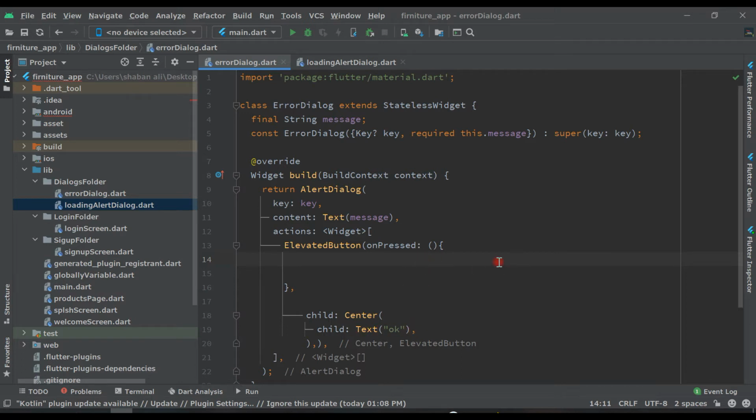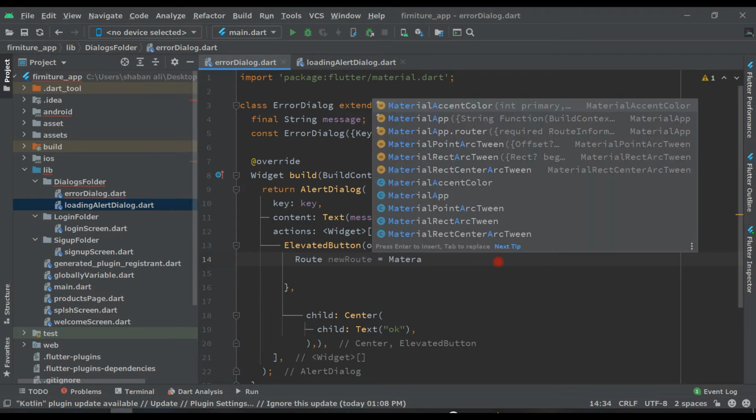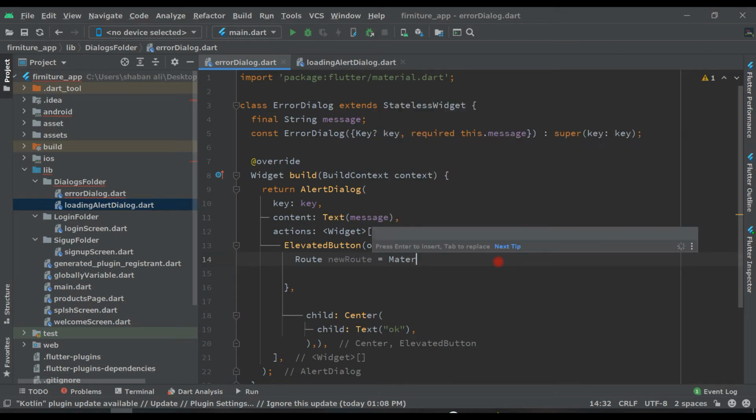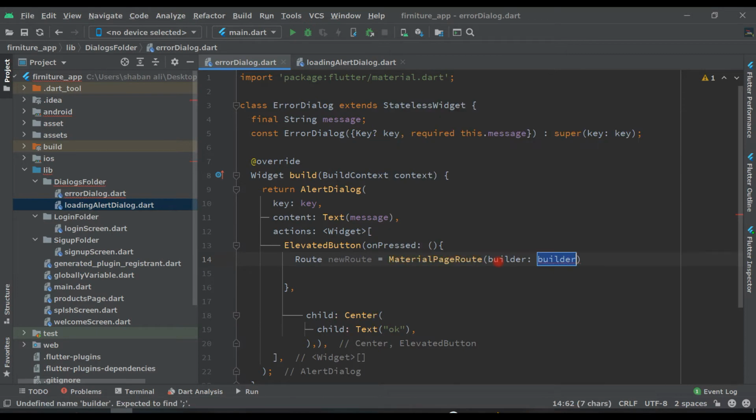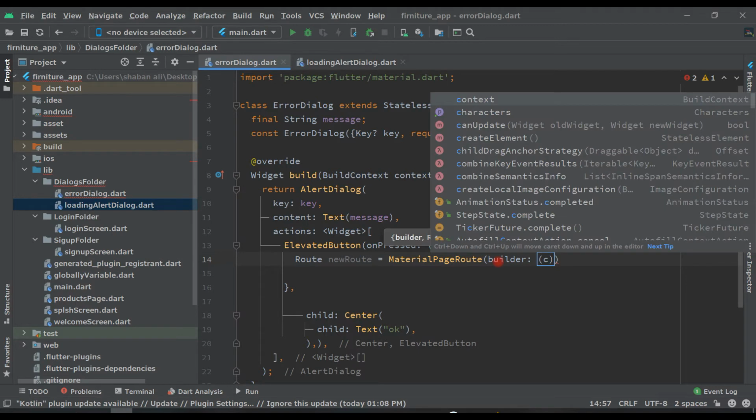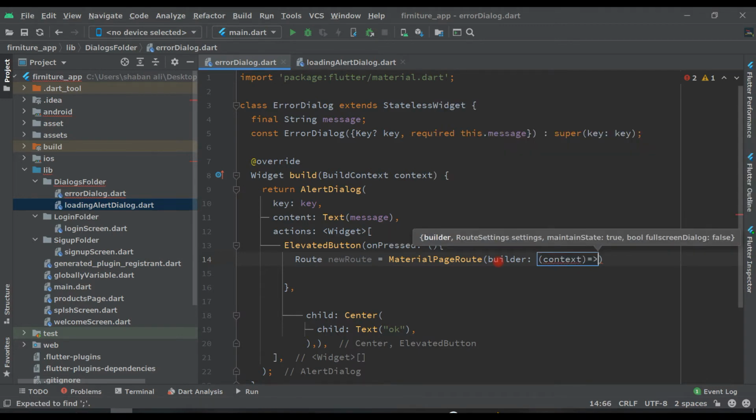So we have to send a route: new route equal to MaterialPageRoute, and write here context like this, and we mention where we want to send the user. We want to send the user to the welcome screen again.